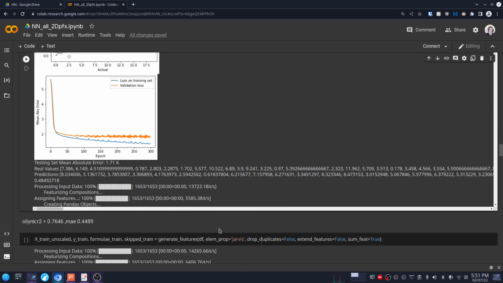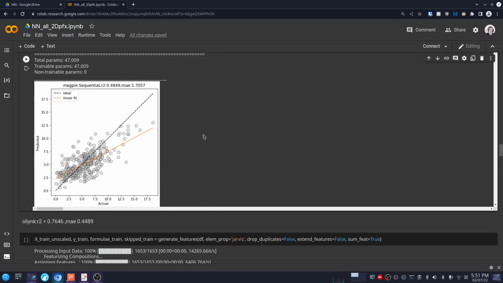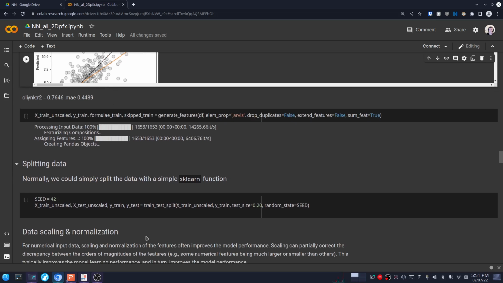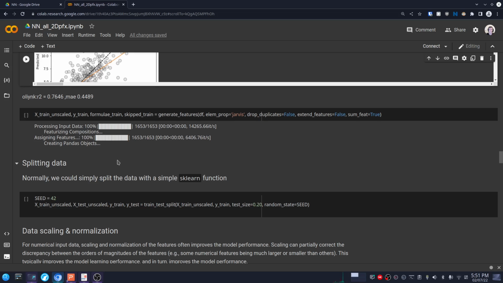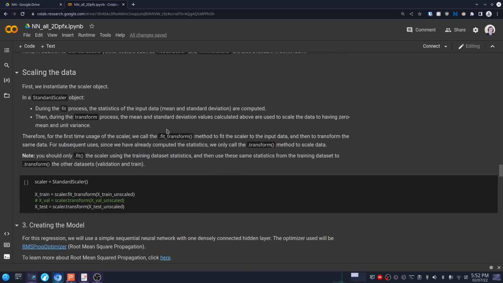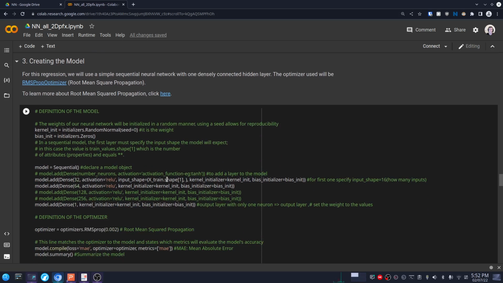So here Jarvis is the best featurization scheme. So we have found the best featurization scheme. Then using the best featurization scheme, we generate the features again. Then we split the data into training and testing sets. We'll create the model again